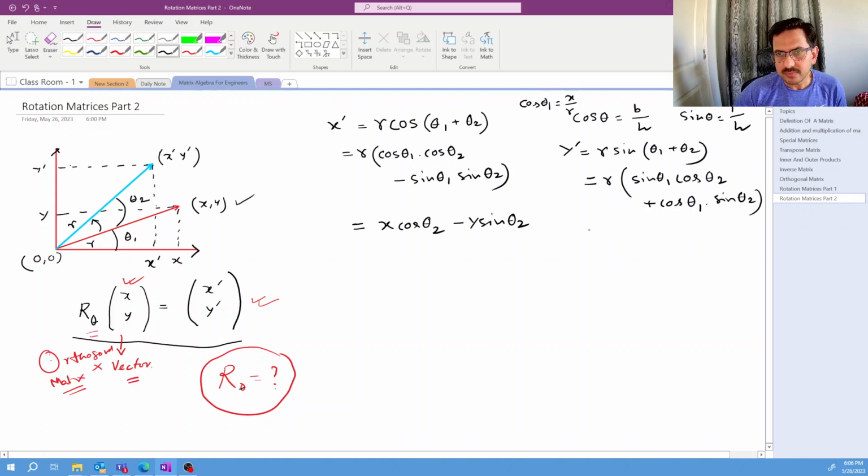Okay, and here similarly y dash will be y cos theta plus x sine